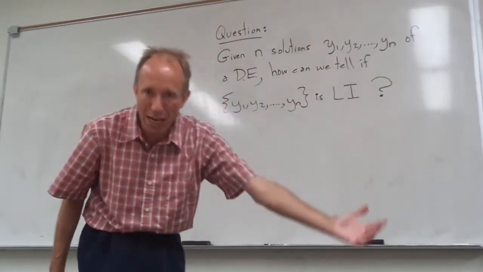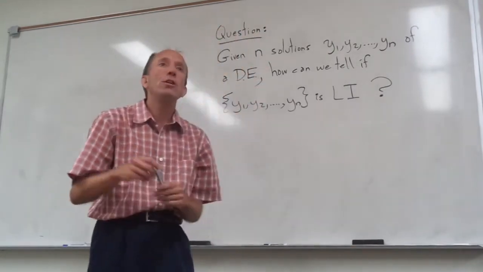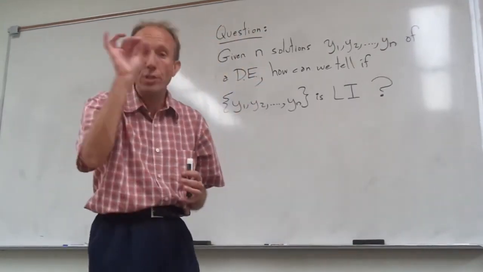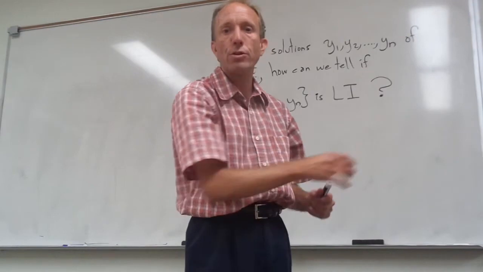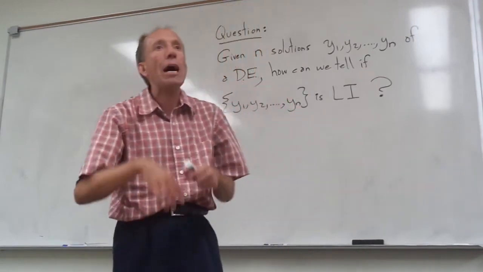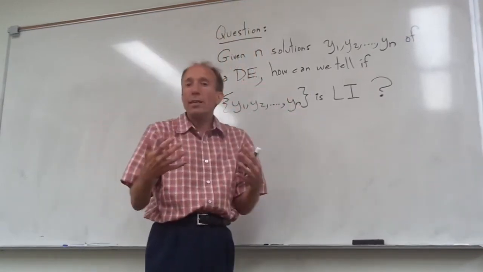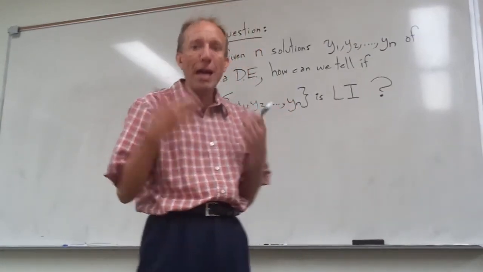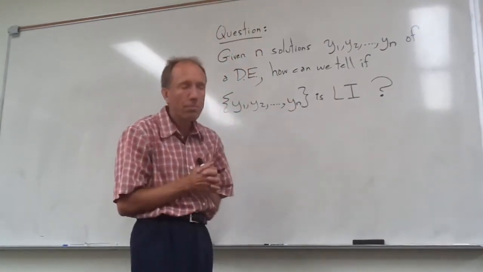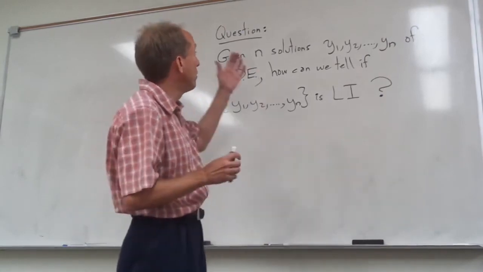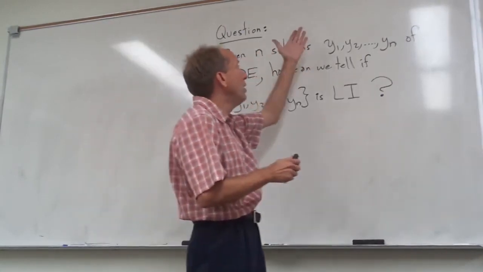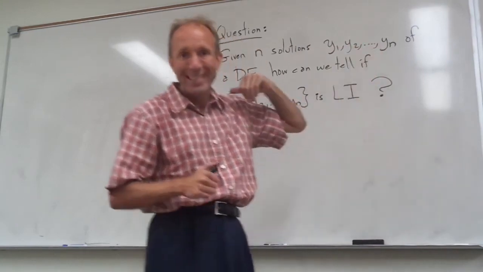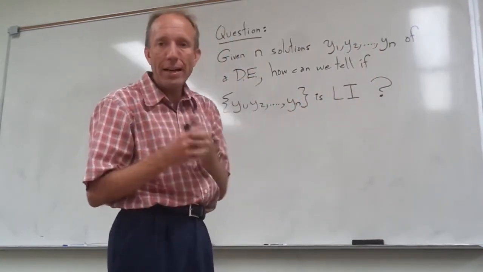If that cancels out to 0, then you want to see if the constants C1, C2, C3, and so on, have to be 0. That was our classic abstract definition of linear independence back in chapter 4. It turns out that when the vectors you're looking at are actually functions,